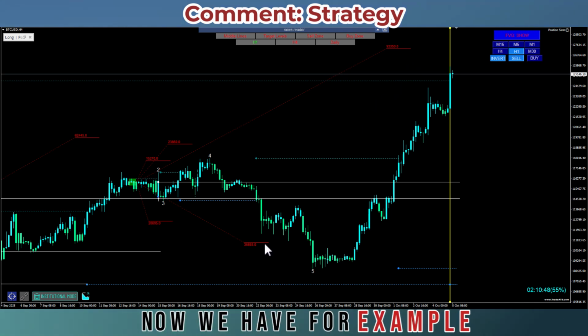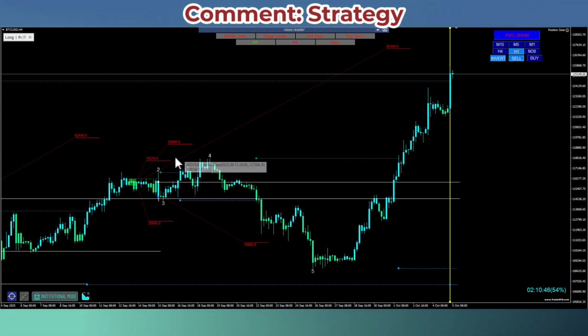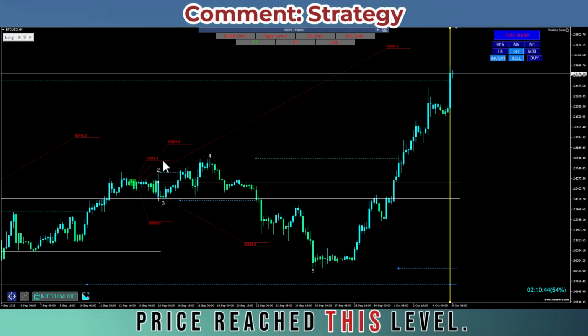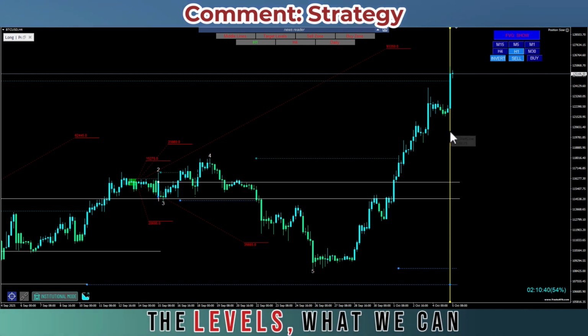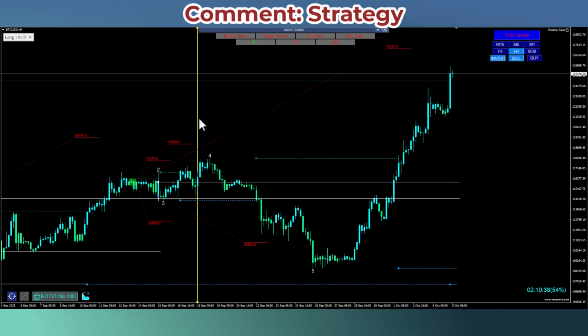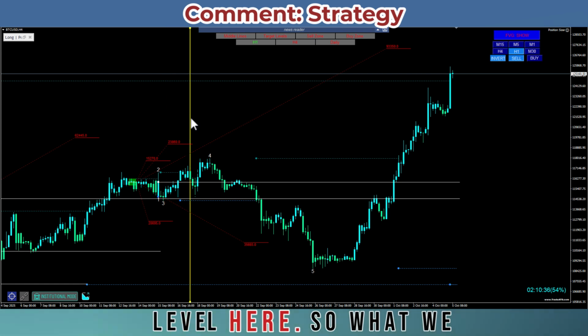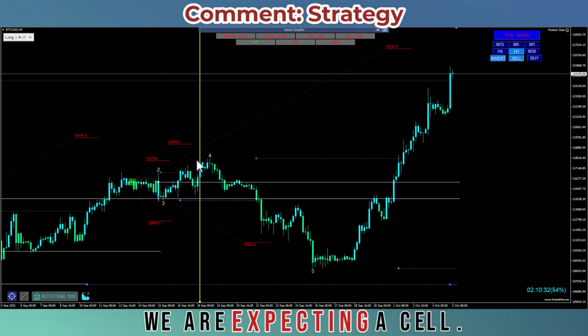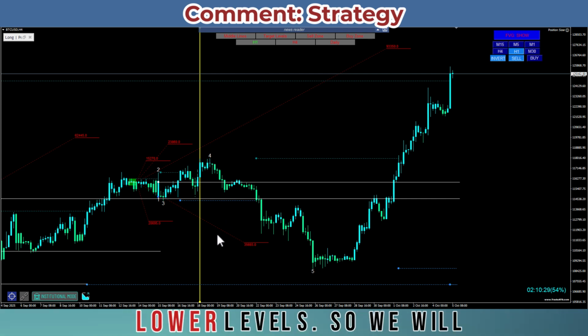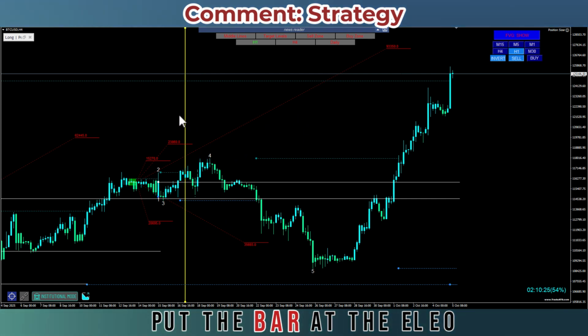So now we have, for example, the price reached this level. So when it reached one of the levels, what we can do is the following. It reached this level here. So what we can do is come here, and we are expecting a sell so it can oscillate to the lower levels. So we will put the